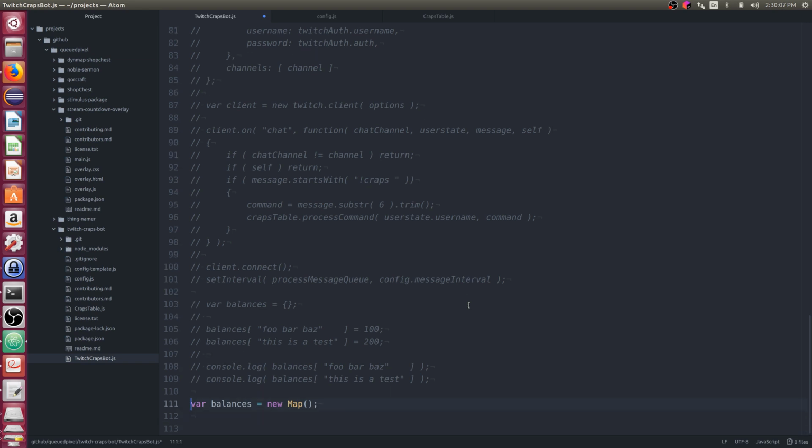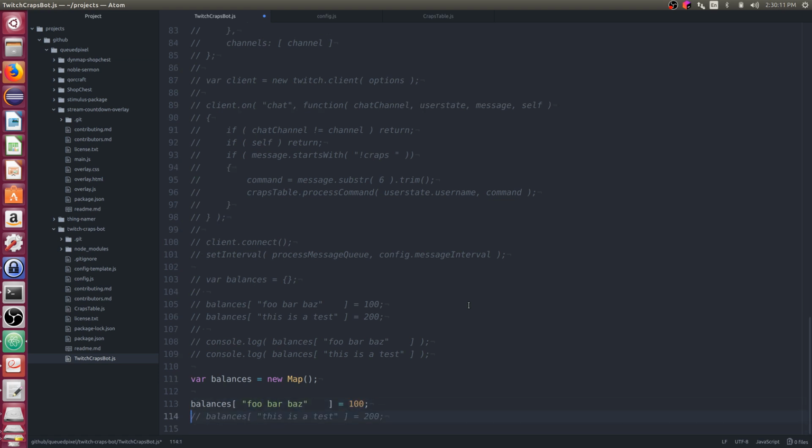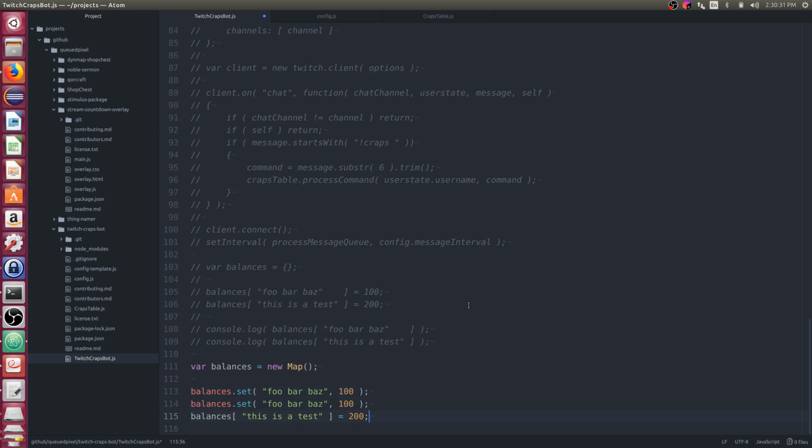So I construct a new map. Let's go add in these guys here. We'll say balances.set, and the key here is foo bar baz. The value is going to be 100. We'll do the same thing for this is a test.